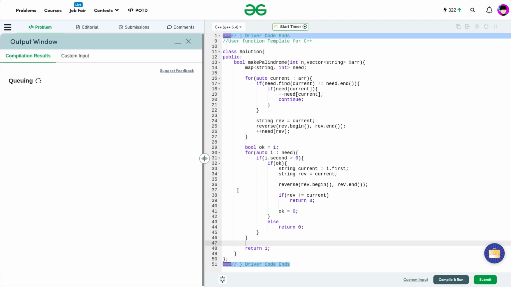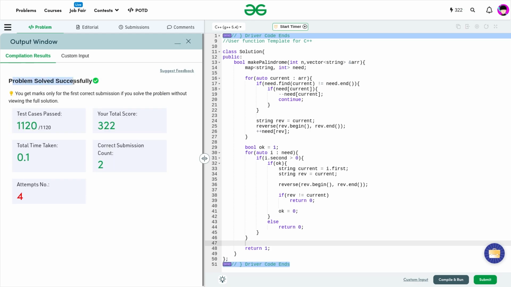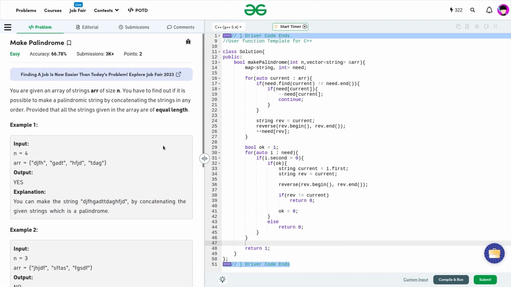So I'm just trying to run this particular code and show you that this works. And I believe that this problem was not very difficult. It was very straightforward. But usually at Geeks for Geeks, whenever we get an easy problem, we don't have this much to write. So yeah, this problem was a bit different than other easy problems. So as you can see that this problem is working, and I hope that you guys were able to understand